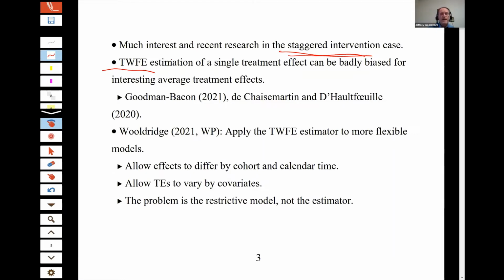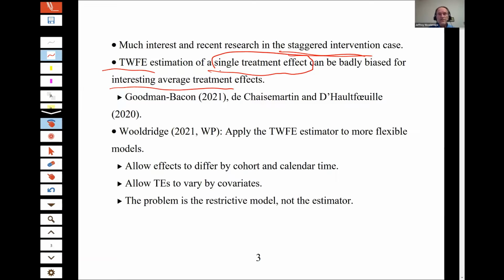It may be rolled out at different times, but you're estimating an equation, a model that has a single treatment effect. And so a lot of the attention was initially focused on, well, what if you impose this single treatment effect, but in fact, there's lots of heterogeneity, both across time, as well as what I'll call cohort,